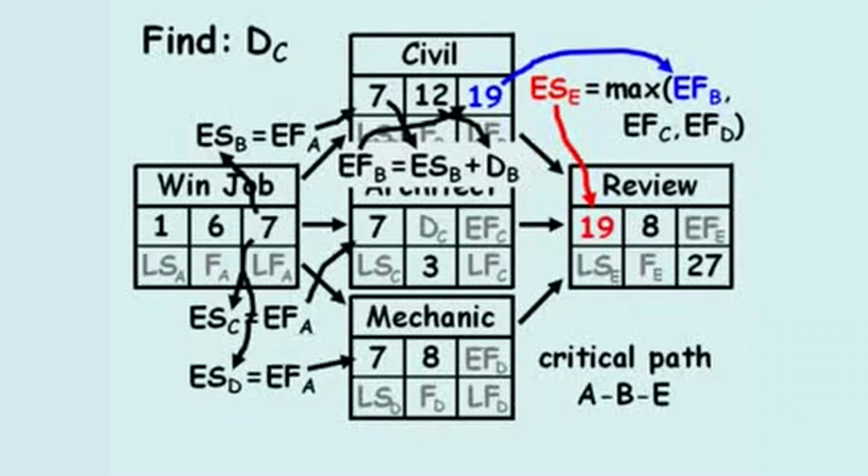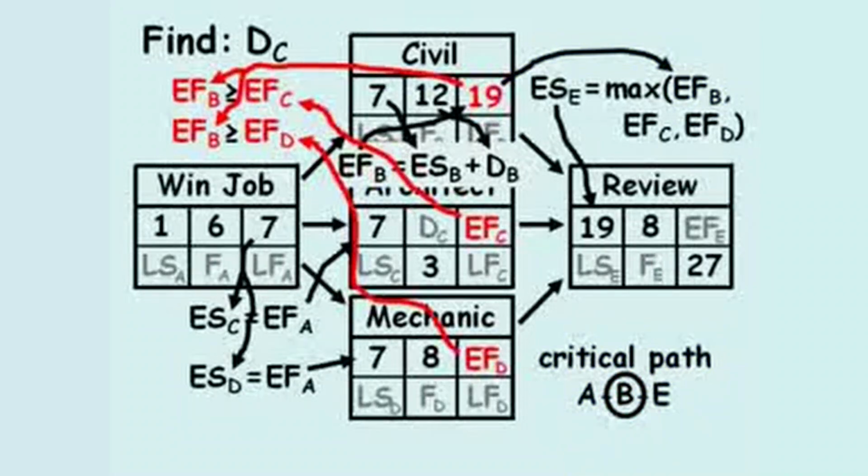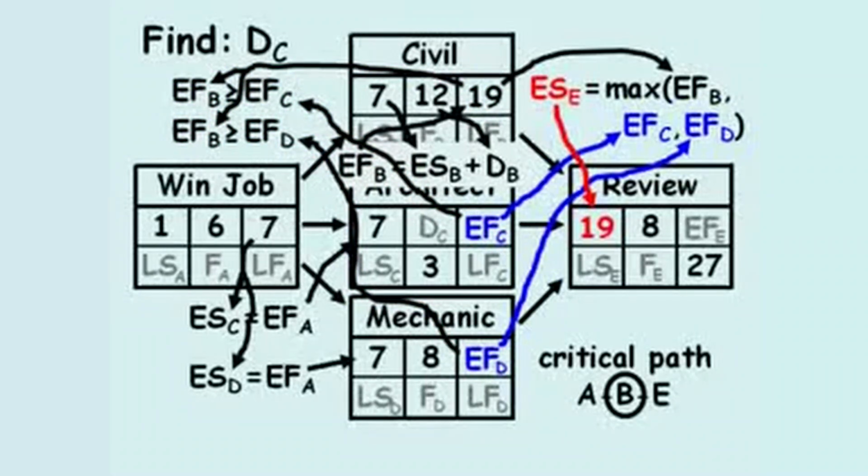Since activity B is on the critical path, we know the early finish of civil design is either the same value or a larger value than the early finish of the architectural design and mechanical design, which is why we don't have to compute the early finish of the architectural design work or the mechanical design work to know the early start of the review work. The early finish of plan review equals